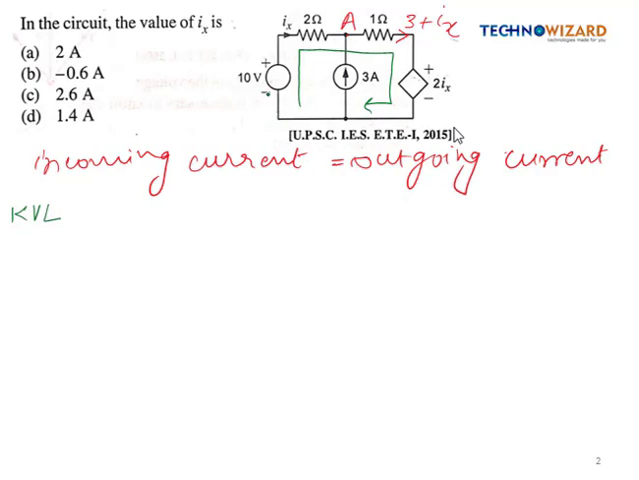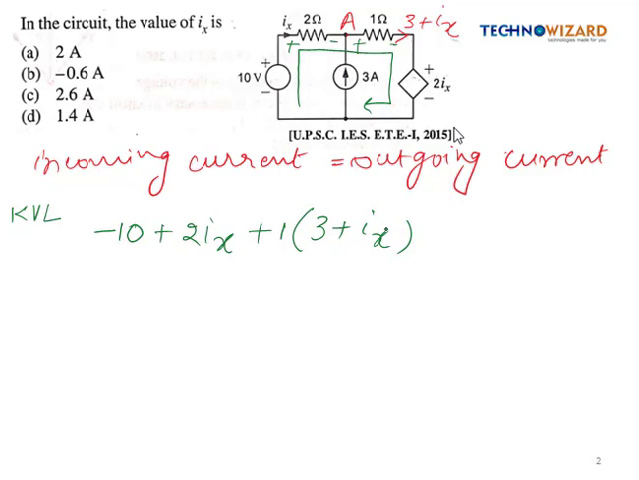The first sign that we encounter is -10, so this is -10, right? Current is entering like this, so this will be positive, and this will be negative. Similarly the current is flowing like this, so this will be positive, this will be negative. Now the first sign is plus, so it will be plus 2 into I of x. This will be plus resistance value 1 into 3 plus I of x,